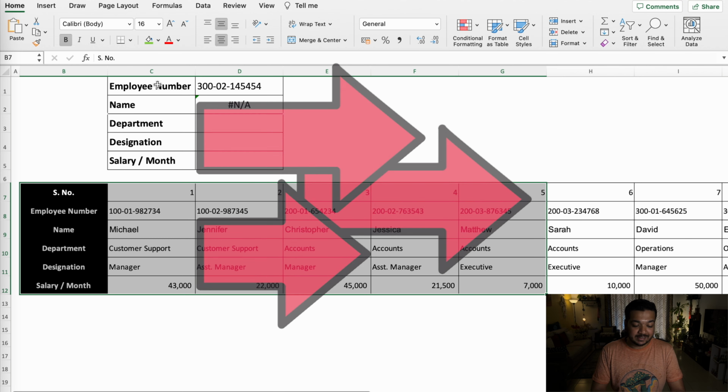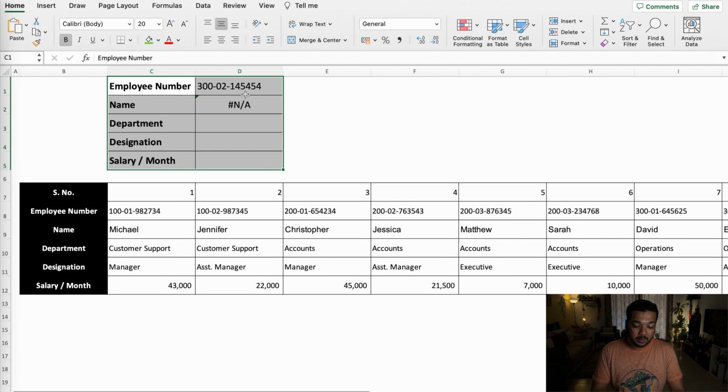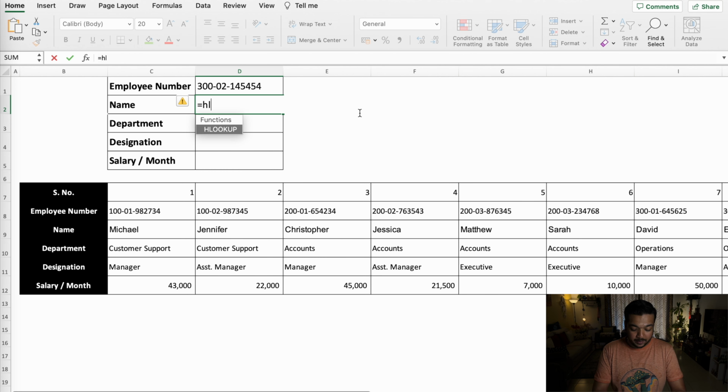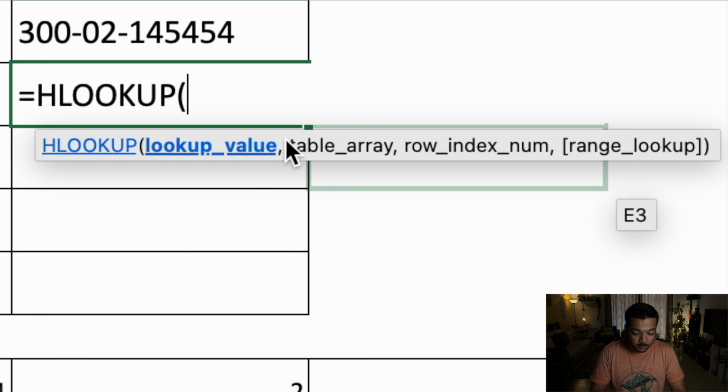I have the exact same data set here as well, but you can see that if I use VLOOKUP, it shows a NA error. So how do we go about getting the correct information? Go ahead and type equal to, type HLOOKUP. Now this information that's popped up right below is very important for you to understand. And if you understand this, it's going to be very easy for you to use HLOOKUP